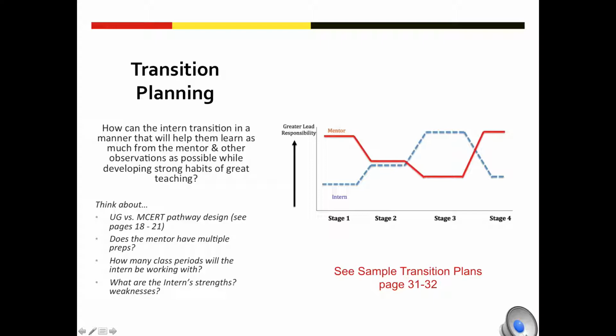And then also you'll need to communicate with your PDS coordinator because there may be particular things about a placement. The mentor may teach some courses that the intern should not be assumed to be teaching. You might not want to have the intern working with multiple preps, or you're really going to want to think about the intern's strengths and weaknesses, and how, if they are going to have different preps or work with different student populations even within the same prep, maybe they will offset how they transition from one stage to the other